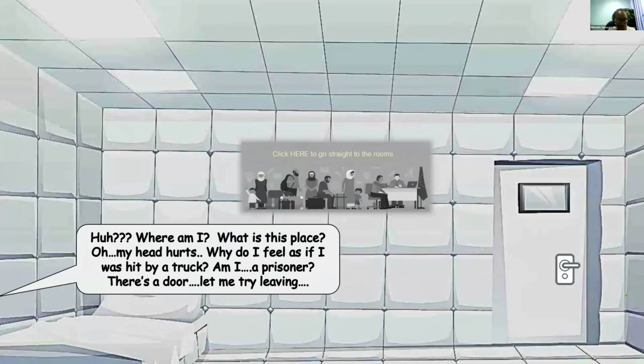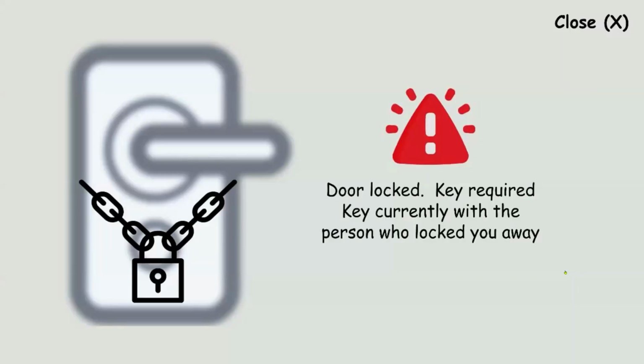Come on, you're talking to me. No. Let's go. All right, let's go to the locked door. Oh no. The door is locked. The key is required, and the person who locked it has the key. All right, so